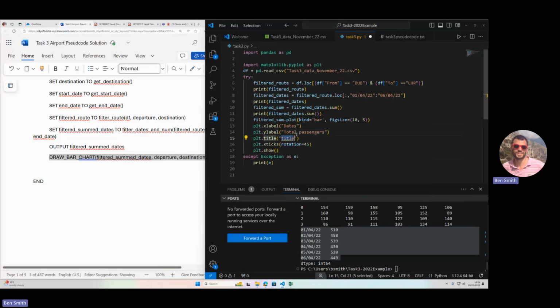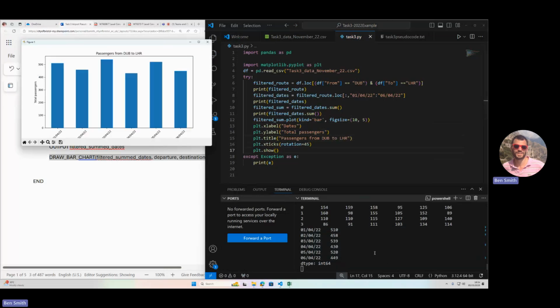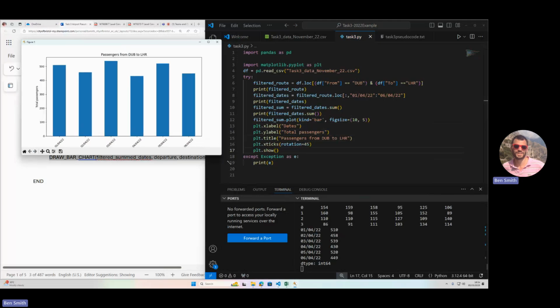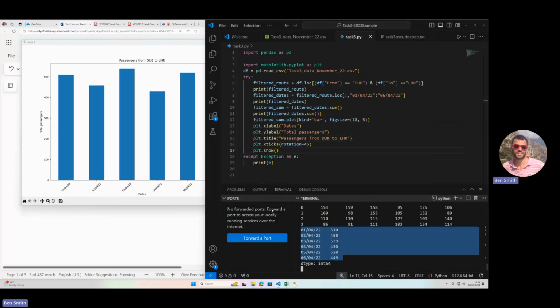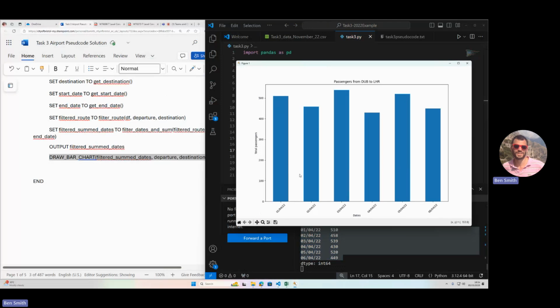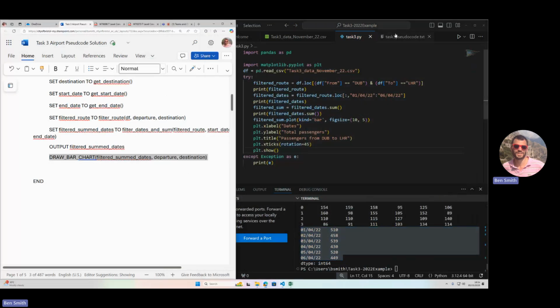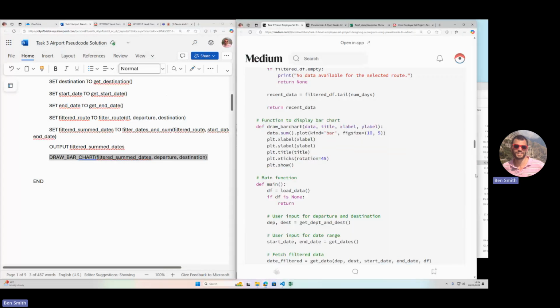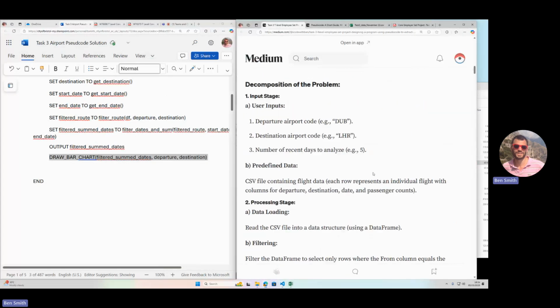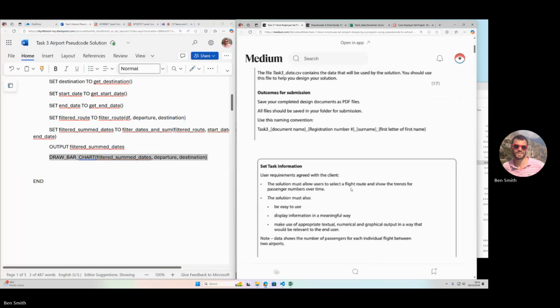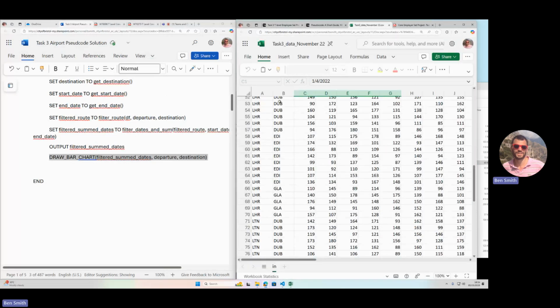Title is going to be, which is from Dublin to, sorry, I hard coded them. Now I can run this again, I get a bar chart too. So I can print out the data frame. That's really important. You also want to visualize it in a sensible way to show the number of passengers over time. And that, ladies and gentlemen, is a complete solution to the 2022 task 3,